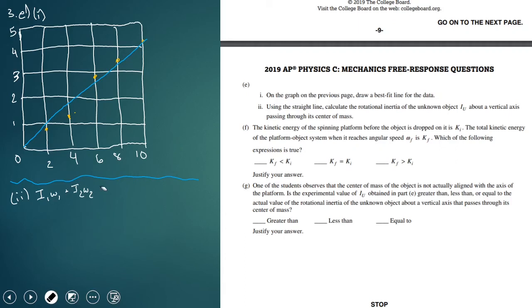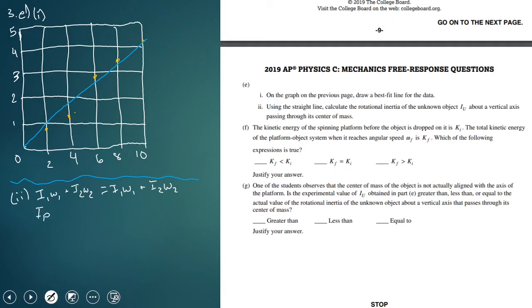So this should be an equal sign, not a not equal sign. This is equal to I1 omega 1 plus I2 omega 2, and this is final. On the actual AP exam, I would indicate that this is initial or final. For the purpose of this video, I'm just leaving it and explaining it by word. And so what we get is, similarly, we have